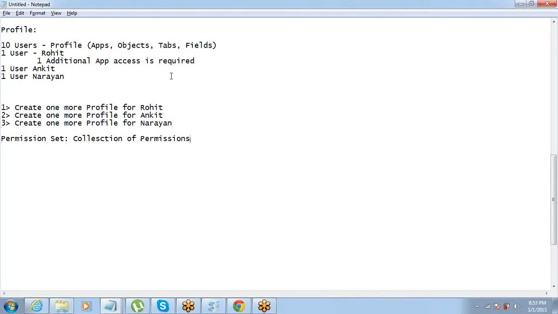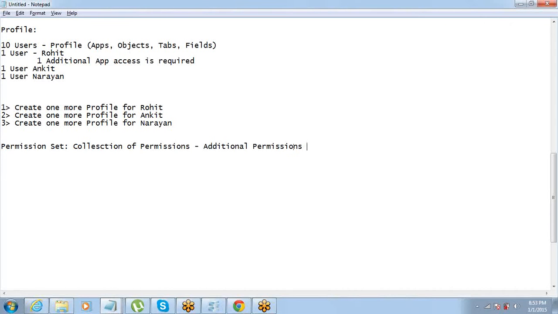This is also a collection of permissions, same like profile, but this is not the primary set of permissions that a user will have. This is additional permissions for users. Got it? So permission set is basically additional permission for user.